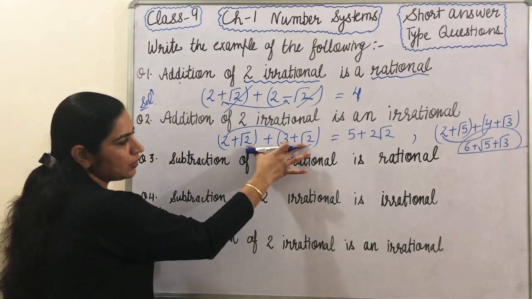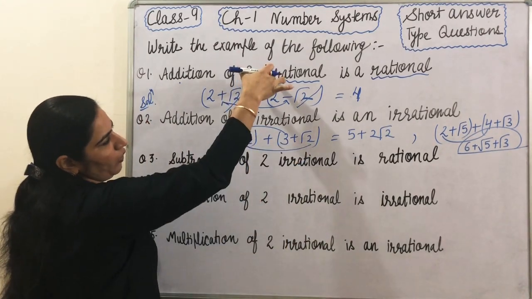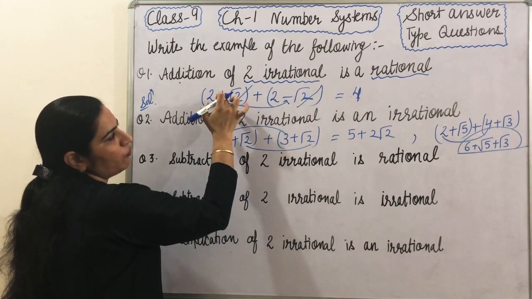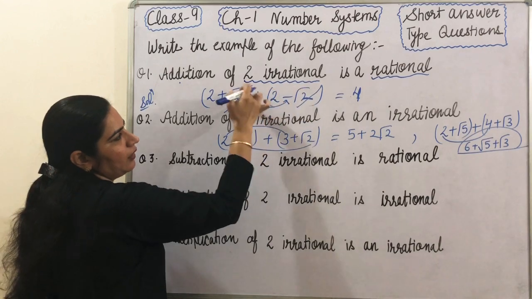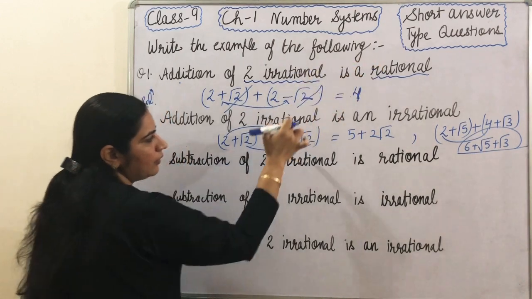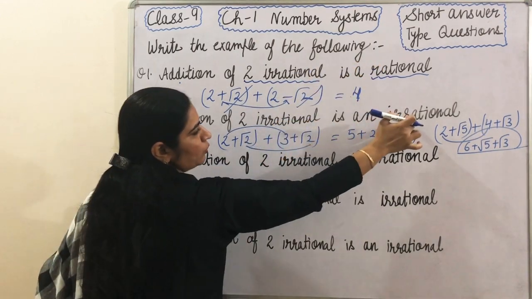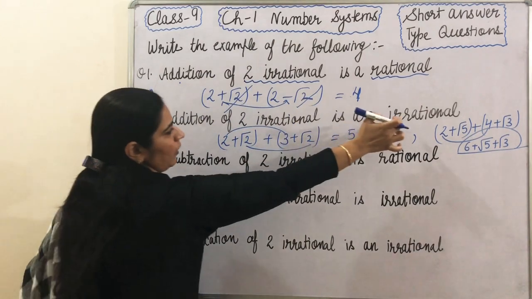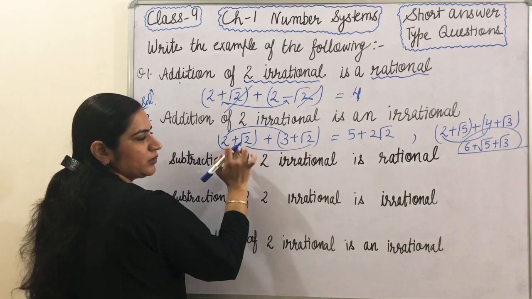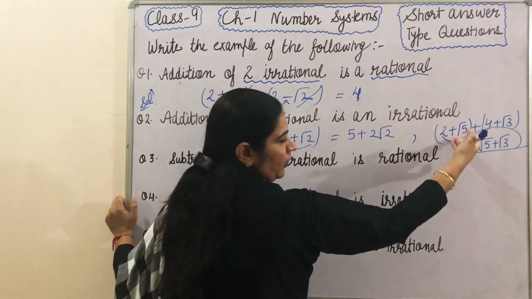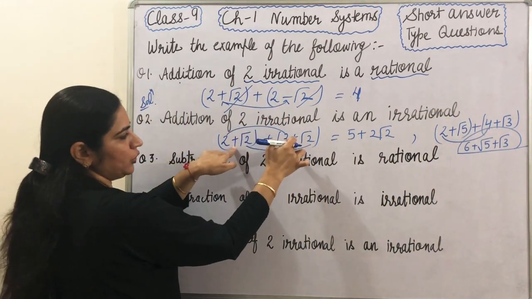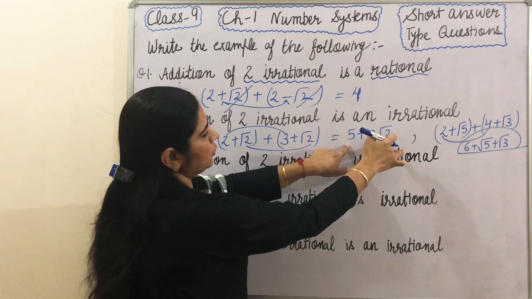Now this irrational is required. In the previous question an irrational was not required, so intentionally I took a positive sign and a negative sign. After cancellation, the number which is left is rational, and here an irrational is required by the given question. According to the question this is required. So I have taken both numbers with positive signs, another two different numbers, okay, such that the addition of two irrationals further gives an irrational number.